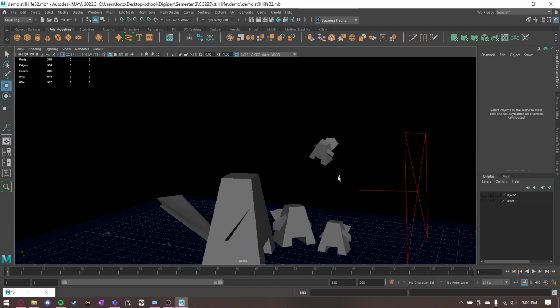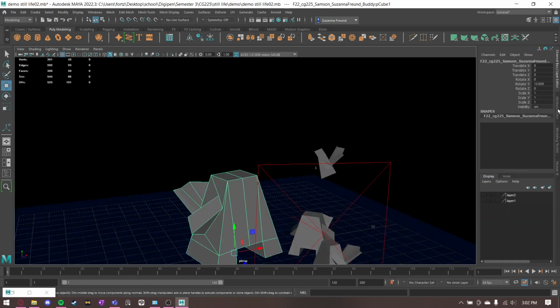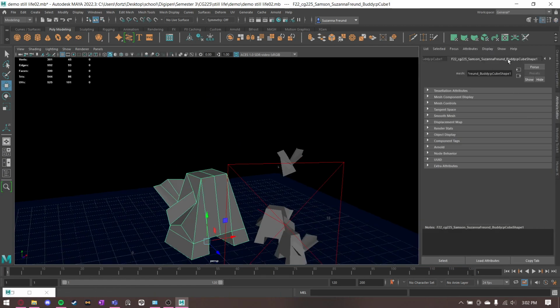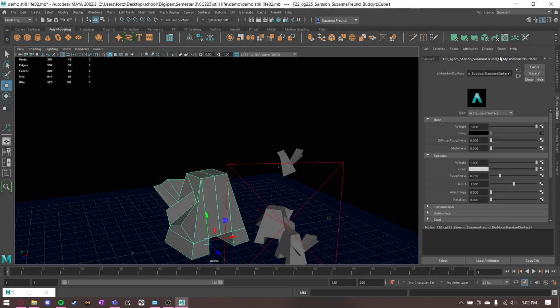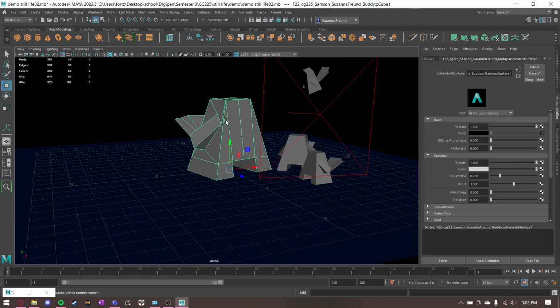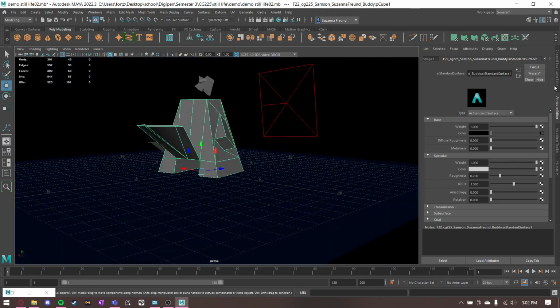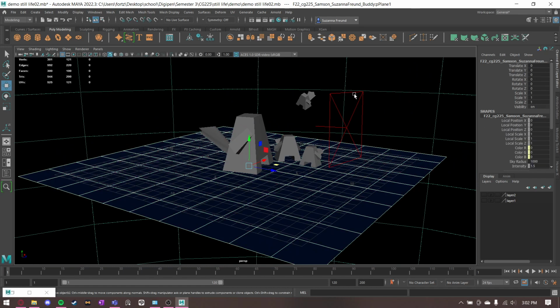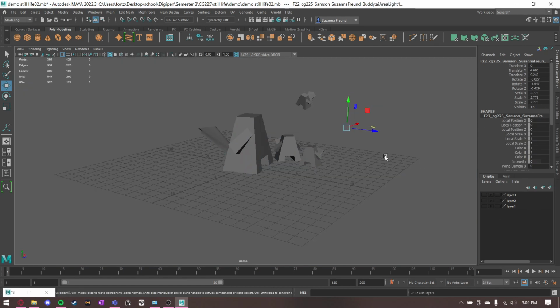Oh, I even had multiple of them. Okay, so assigning material. Let's see, does it have material? Yeah. I'm just gonna do a fresh start though. I'm gonna turn off all the lighting stuff as well by putting this in a new layer and turning it